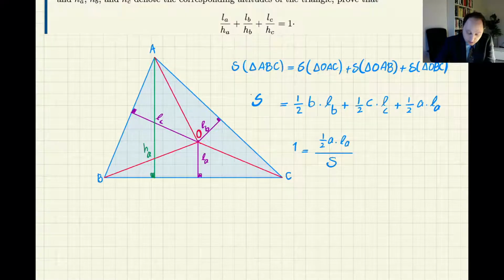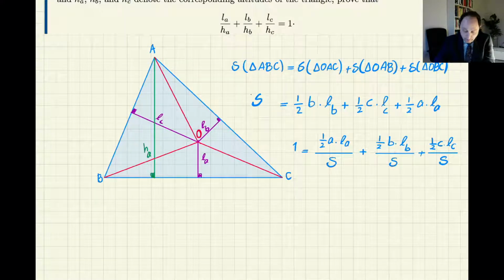Okay, so then this plus 1 over 2b times LB divided again by S, plus 1 over 2c times LC divided by S. Okay, but you know that for any triangle,